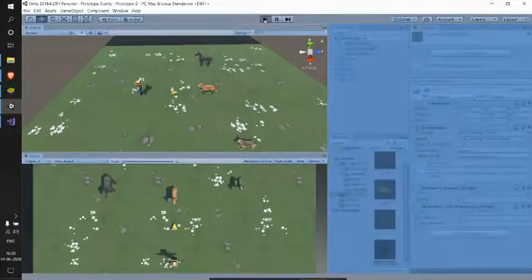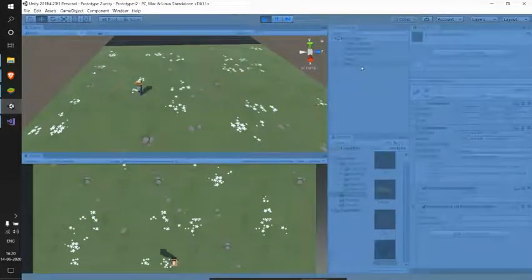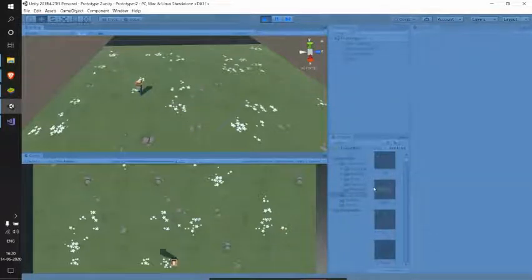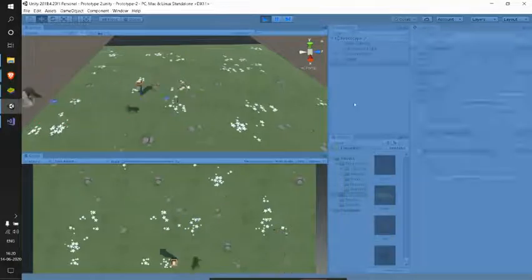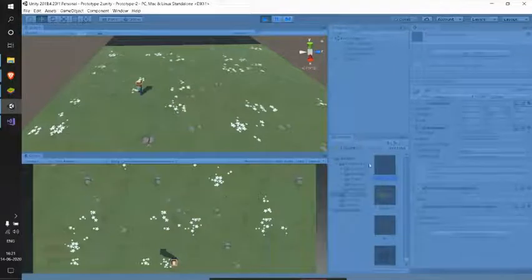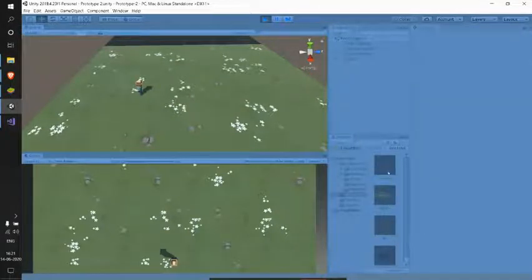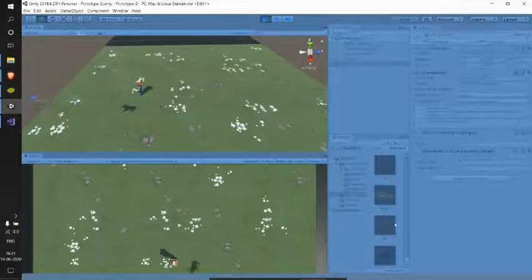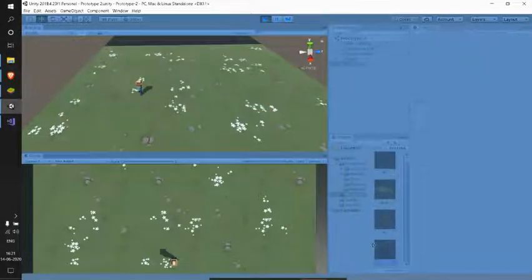So let me play this and see. All my animals got deleted and all my food also got deleted. Let me test by placing this. See, they have been created, and when they go out of the screen, out of the particular bound, they are getting deleted. So this is one of the most important benefits we have because we use prefabs.